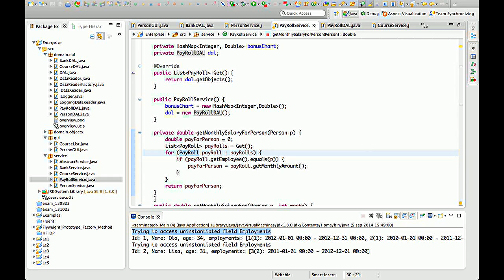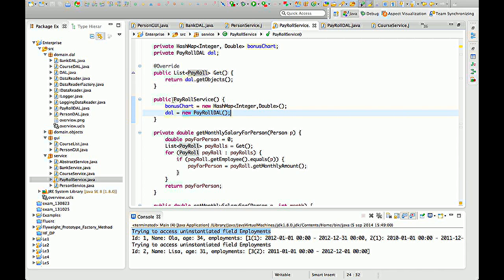So what we really want to do is ensure that there is a way for us to obtain a set of payrolls. But we shouldn't really restrict ourselves to the payroll DAL implementation for providing payrolls. There should be some way of obtaining a payroll that can be faked, so that we can test this independently of our current database